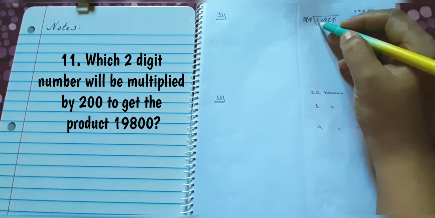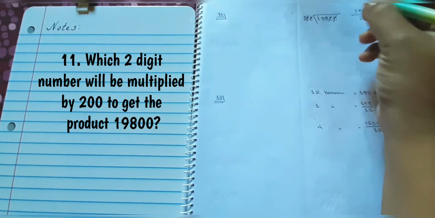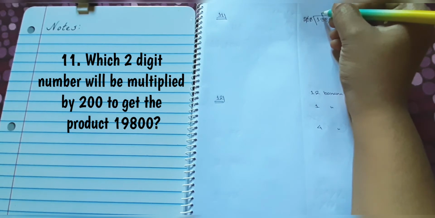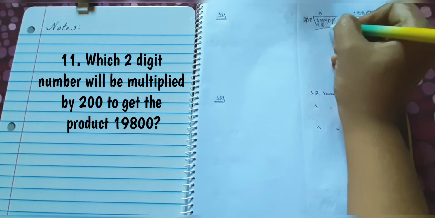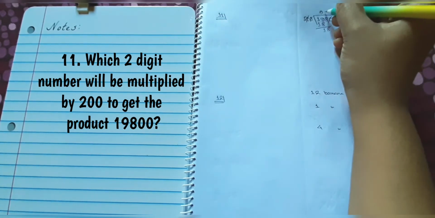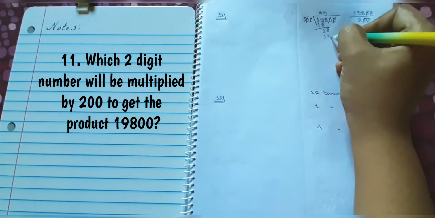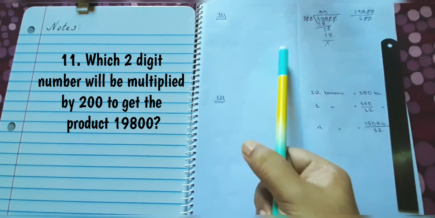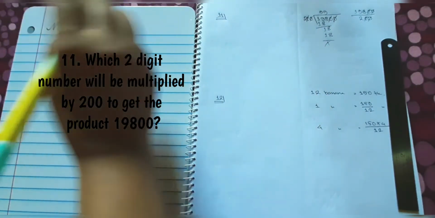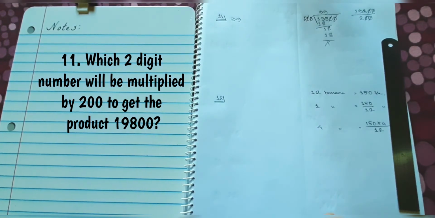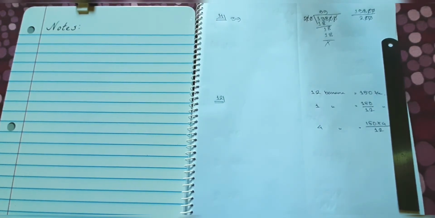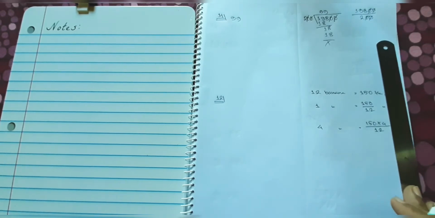In 1, 2 cannot go into 1, but definitely 2 can go into 19, right? Another 9. See how easy the division is. Actually, some people tend to make this maths a little bit hard, but it is not hard. Maths is not a hard subject. It is a very, very, very easy subject if you take a little bit of interest in it.